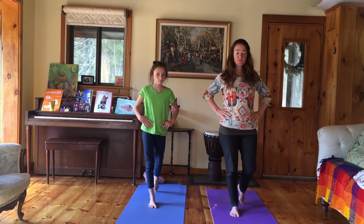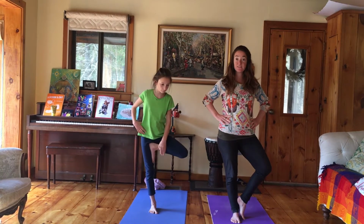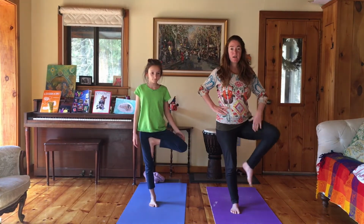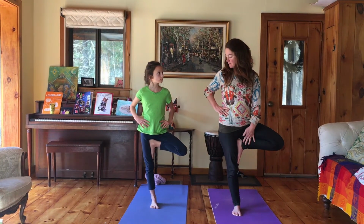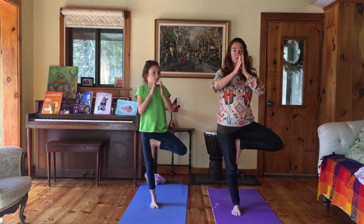And you could take your tree pose where the heel is just kind of propped up against the ankle. This is level 1. Level 2, maybe just below the knee. And maybe just above the knee for tree pose, a little bit higher up. Good, that looks good. And then when you're ready, bring the hands in front, maybe at prayer pose, or keep